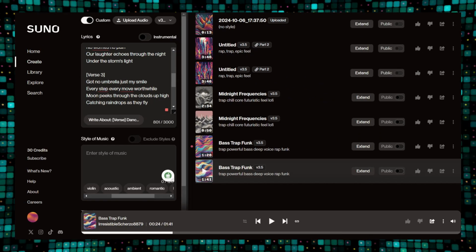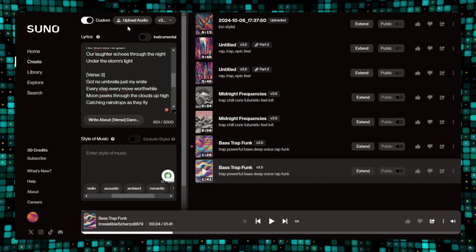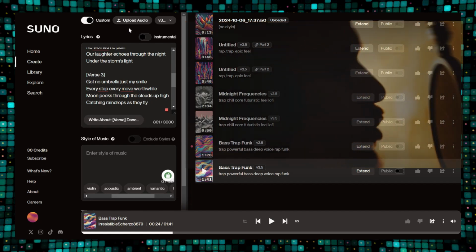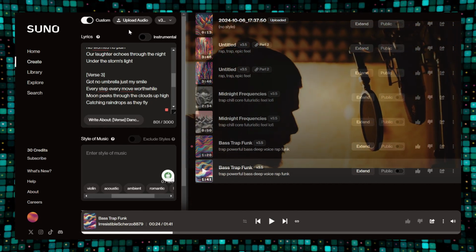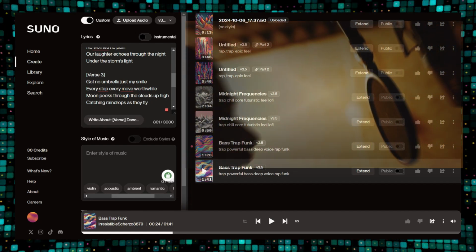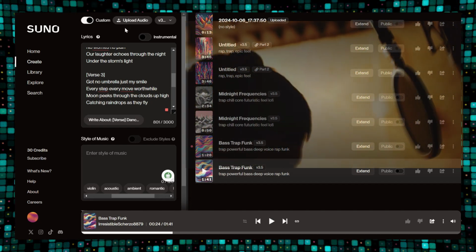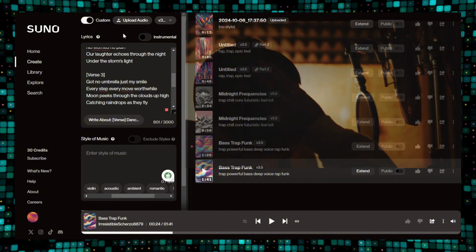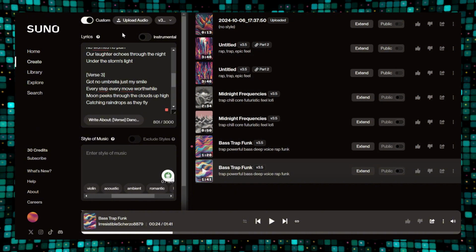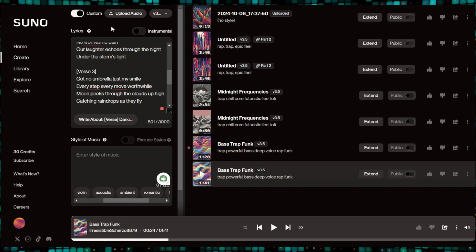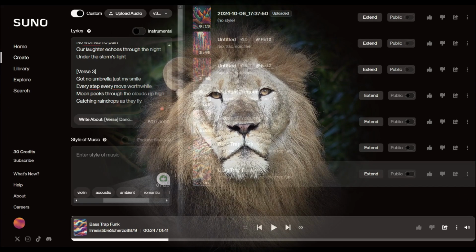There's also one more option, which is uploading audio. Now, when you upload audio, you are able to essentially have a voiceover or some audio of your own and then add in a prompt and have it elaborate on that. So this is also a very cool feature if you want to sing the songs yourself and then have the instrumentals added to your song. Now, this is still a feature they're working on, so it's a little bit buggy, but in terms of making songs day to day, Suno is the king.